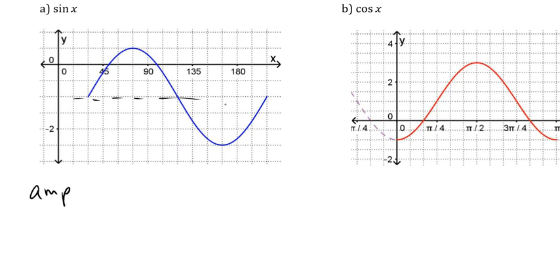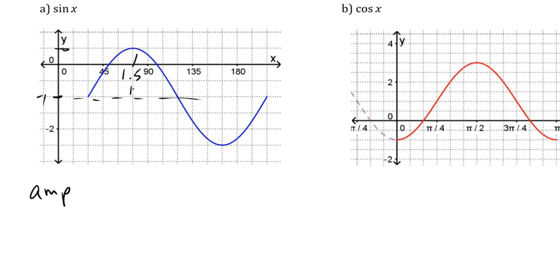How do I find the amplitude? So I find the 0 line. Look at my scale. So this is -1. And from there it goes up to 0.5. And it goes down to -2.5. So that's 1.5 up and 1.5 down,